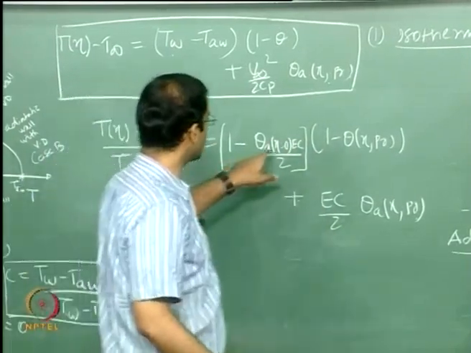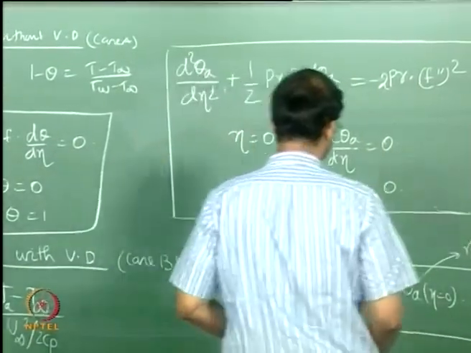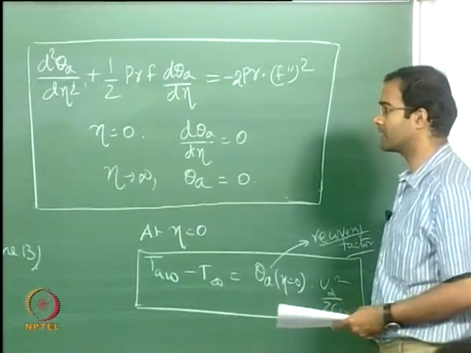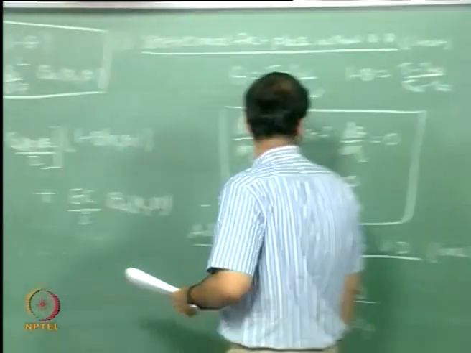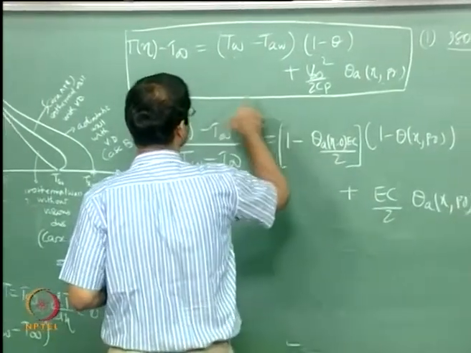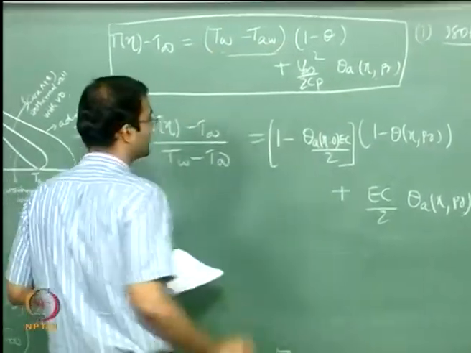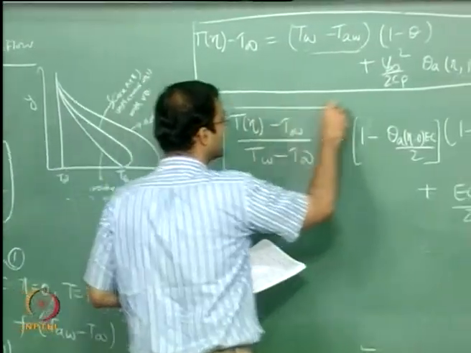Okay, because theta A and into Eckert number, that is basically this term. Eckert number is u infinity square Cp delta T into this. So that will be T adiabatic wall minus T infinity. So you can say 1 minus this divided by T wall minus T infinity will give you this final. You can just check that. Okay, so this is your final non-dimensional